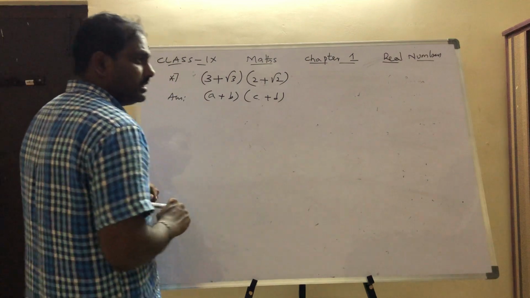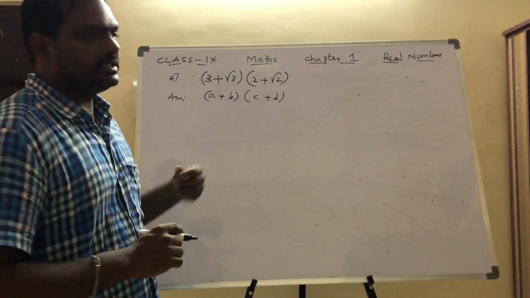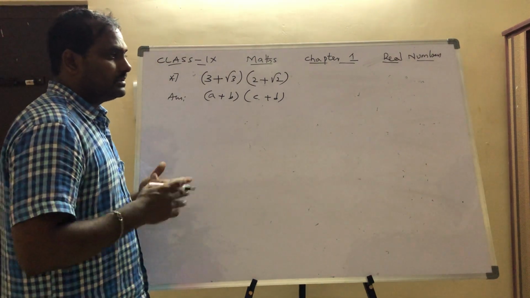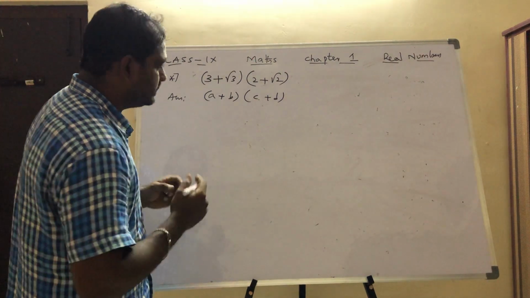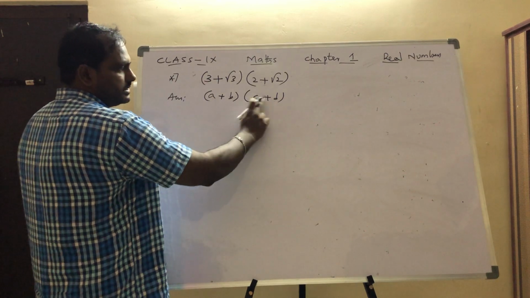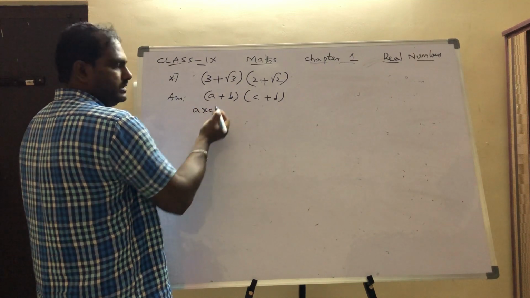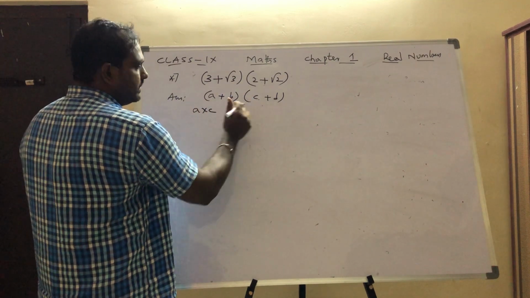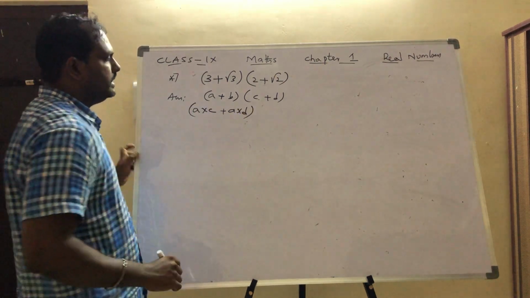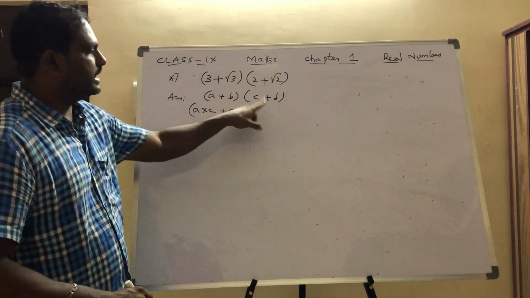In this case, how to do is very simple. We have to remember the distributive formula of real numbers, distributive over addition or distributive over subtraction. These are very big terms, so how to do is very simple. First, take the number a and multiply with the terms in the second bracket. That means first I'll do a into c. Next, what is the symbol here? Plus a into d. Finish.